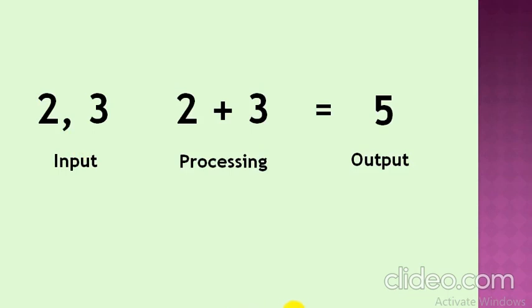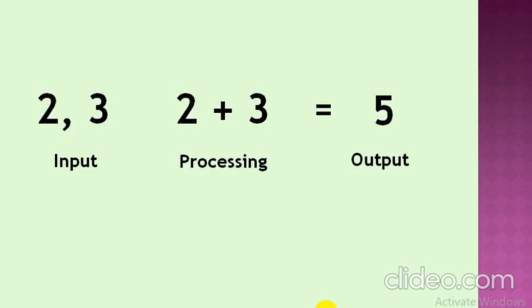So here, how are we giving the processing instruction to the computer? We are supposed to add two numbers, right? So what will be the processing instruction then? We will be applying the addition sign in between the two numbers. So how will we give the processing instruction? We will input 2 plus 3. This is how the computer will understand that these two numbers need to be added.